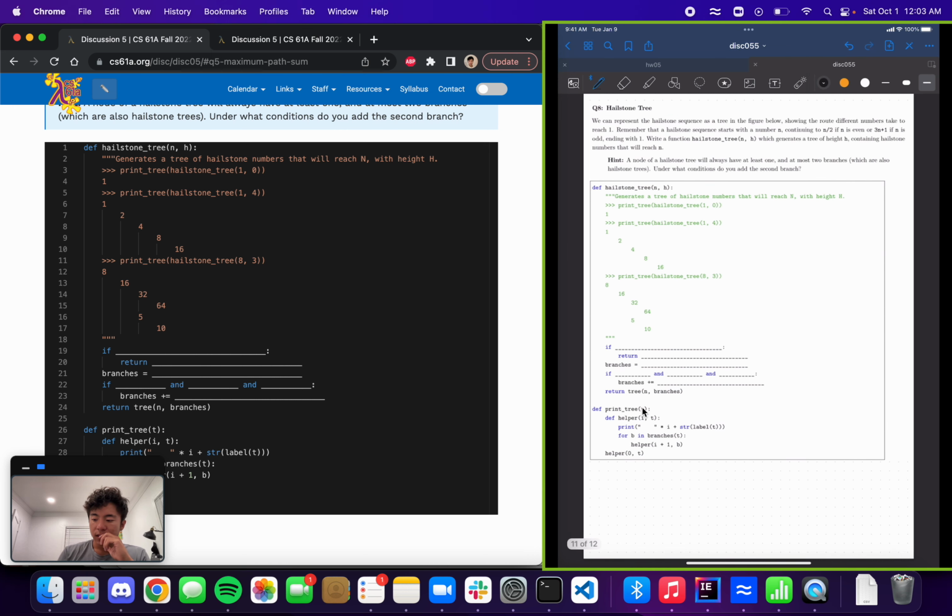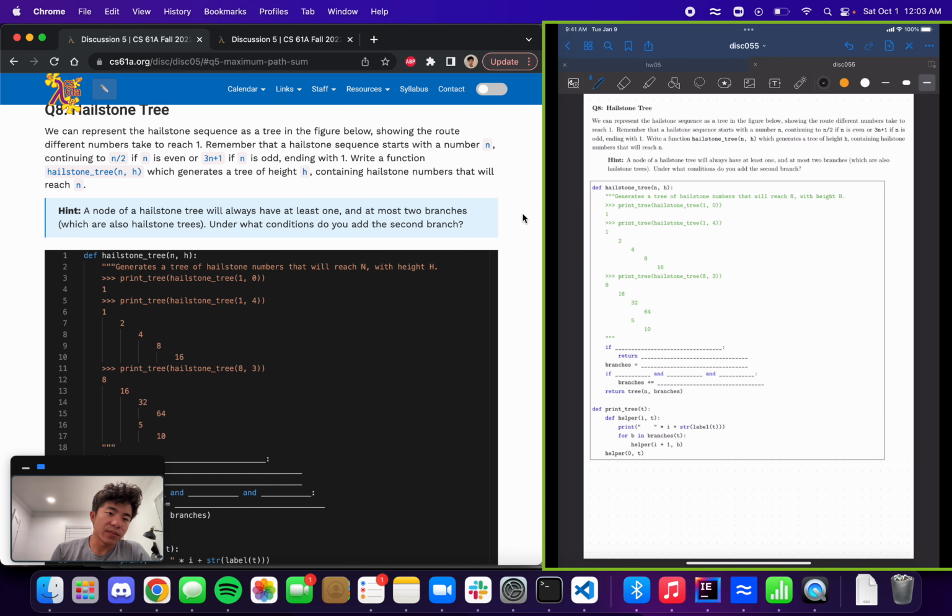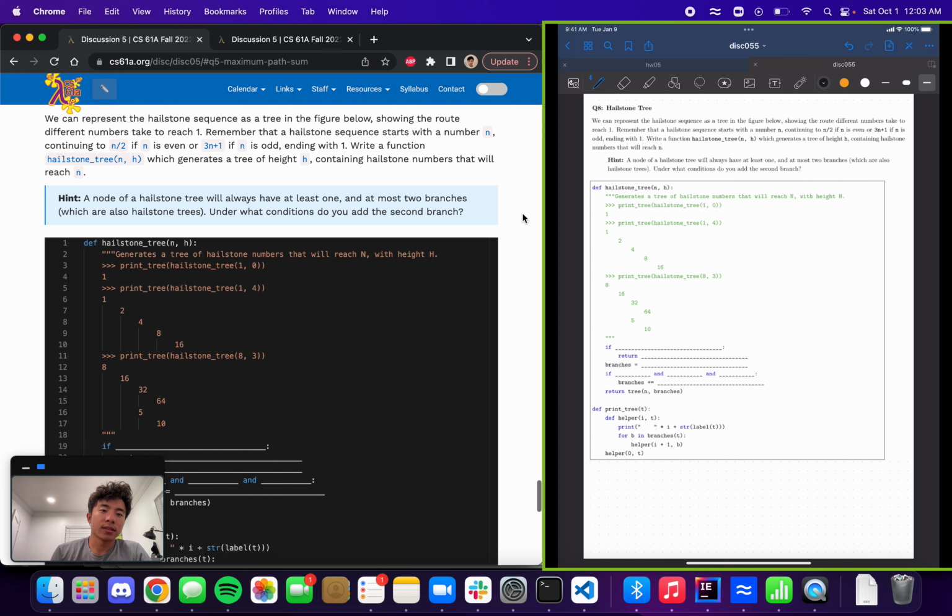This is going to be question number 8, so the last question, and this is hailstone tree. The idea behind hailstone tree is that we have the hailstone sequence, and the idea here